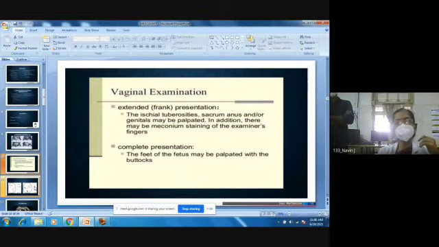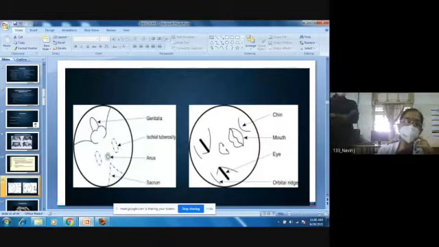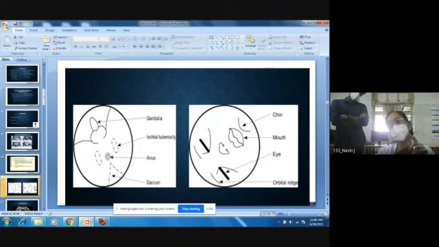Now this is what I was telling you. When it is a frank breech, the bony points which you will be feeling will be the ischial tuberosities, and you can feel the anus in between. This should be differentiated from a face presentation, where you will be feeling the maxillae of the baby, the malar eminence of the baby, and the baby's mouth will form a triangle. Whereas the ischial tuberosities and the anus will be forming a straight line.